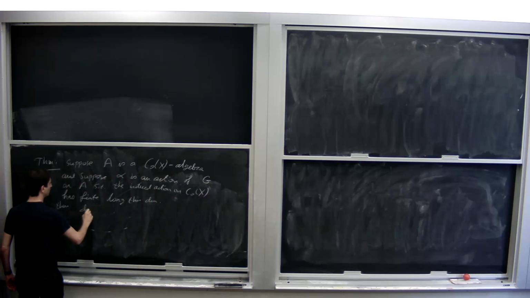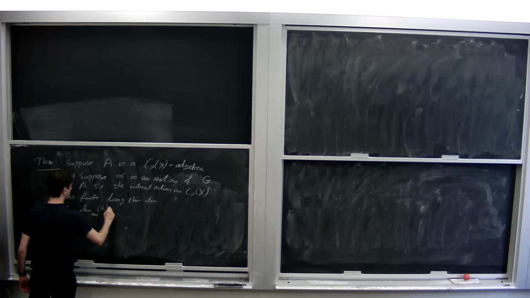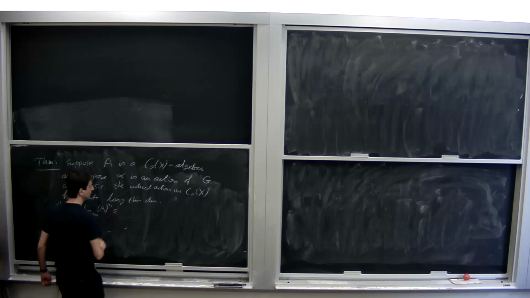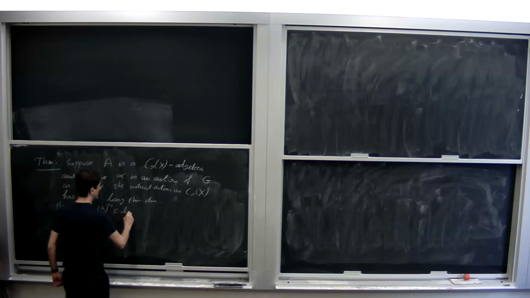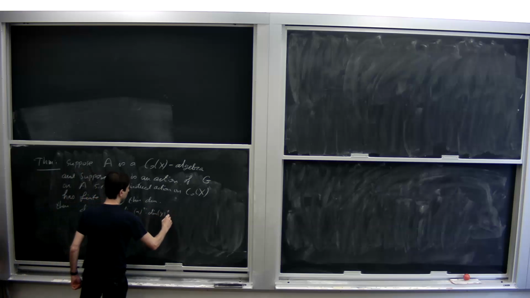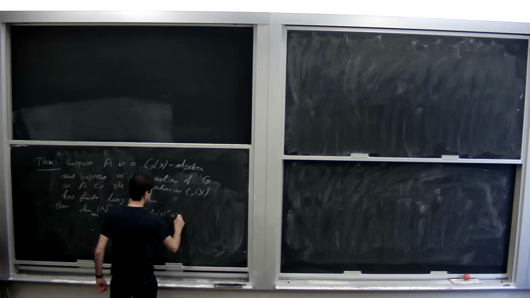Then the nuclear dimension of A plus one is bounded by the product of the LTC dimension of alpha plus one, times the dimension of X plus one, times this asymptotic dimension